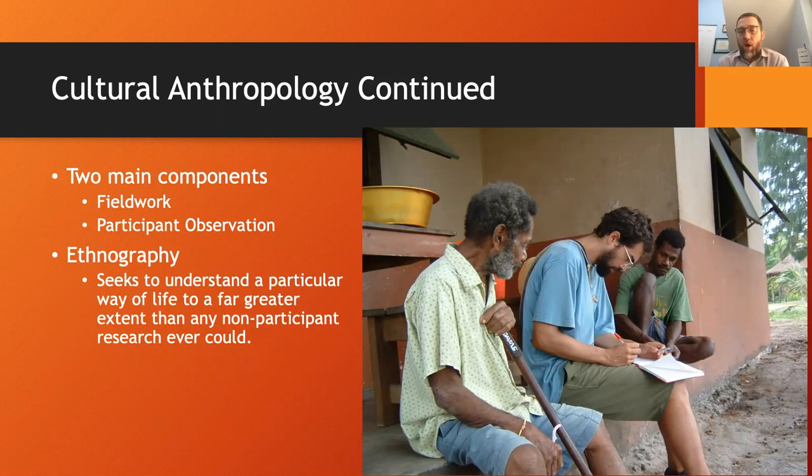When you do an ethnography, you go to the field, and that is called field work. You have to live for a long time and work side by side with the culture you're trying to understand. It's called field work, and it's also sometimes called participant observation, because if you want to study dancing, you have to go out and dance. You have to do the thing you're trying to study.